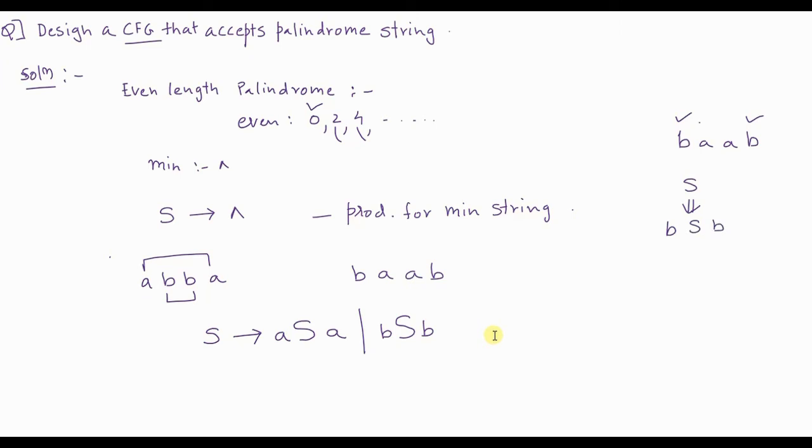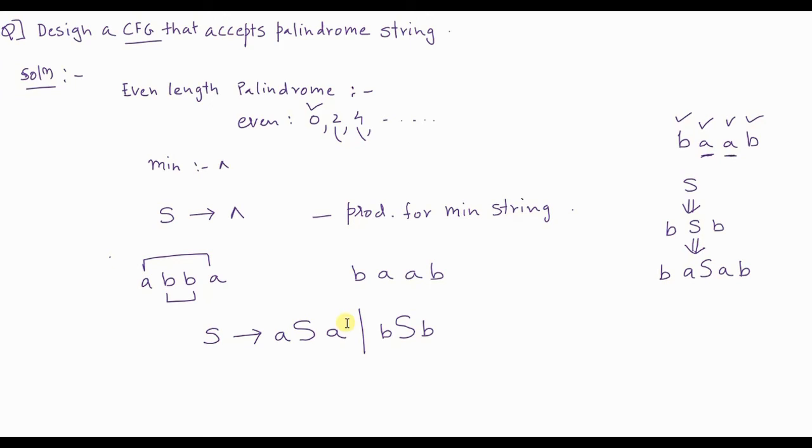Next I want a matching A and A. So the S which is there, I will now replace it with ASA, because that's how I will get a matching A for this A. How can I expand this further? First of all, I will write B as it is, and then S can be replaced with ASA, and that's how I have got a matching A for this A.